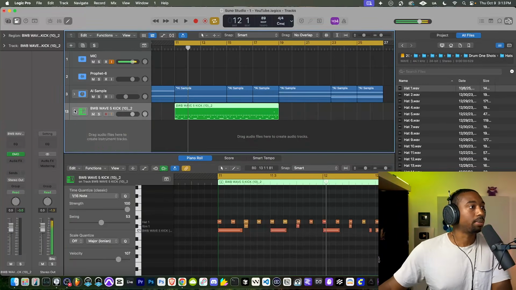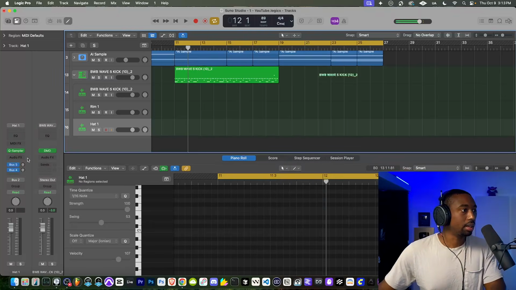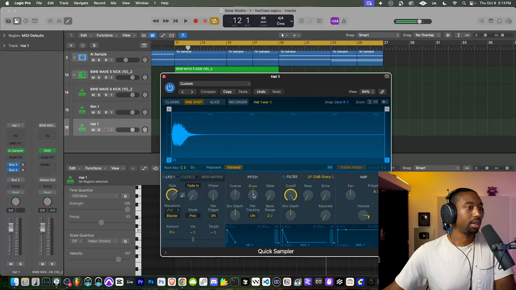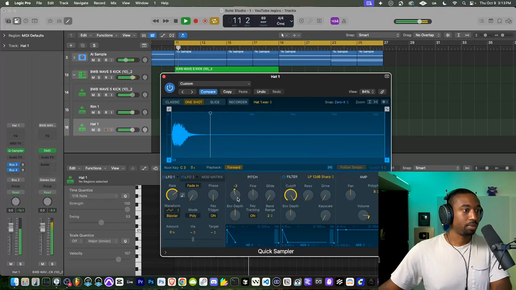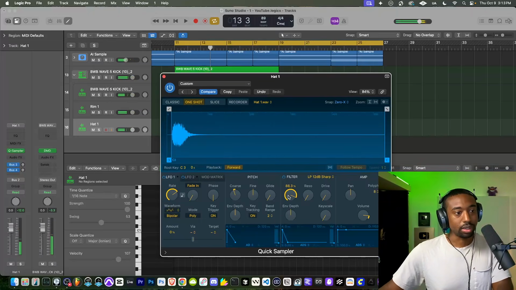We're going to click this drop down for the track stack here and find the hi-hat over here and then open up what's called the sampler. This allows us to do stuff to the actual sound itself. And we're going to pitch this down a little bit. Maybe you're going to add a low pass filter to it just to muffle it a little